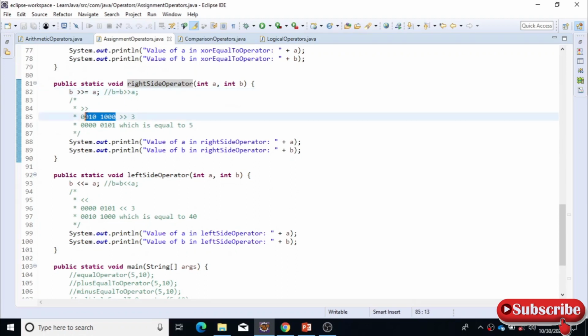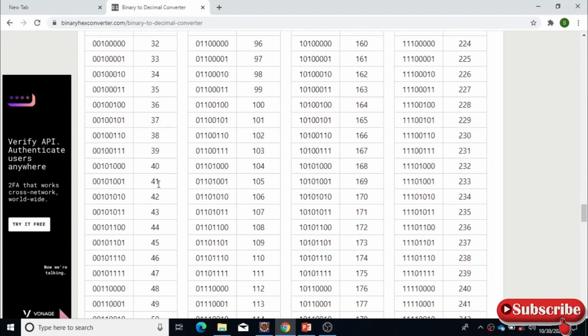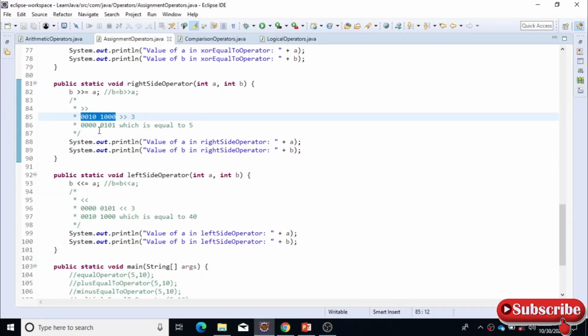So it will put the binary value of 40 here. You can go here and see the value of 40 is 0010 1000, and let's go here, 0010 1000. And this right shift, what it will do, we are giving the value as 3, right? So it will just remove these right side 3 values.